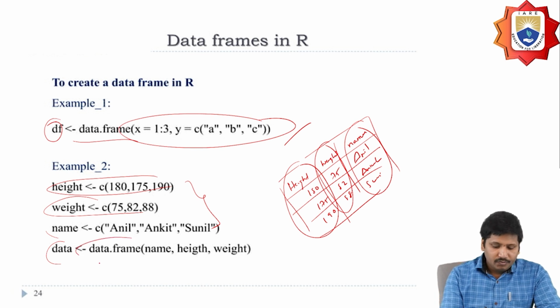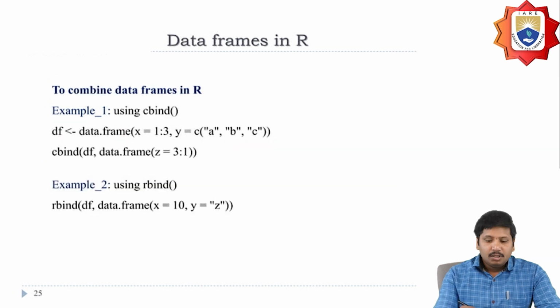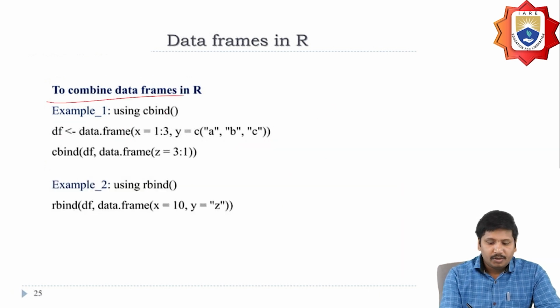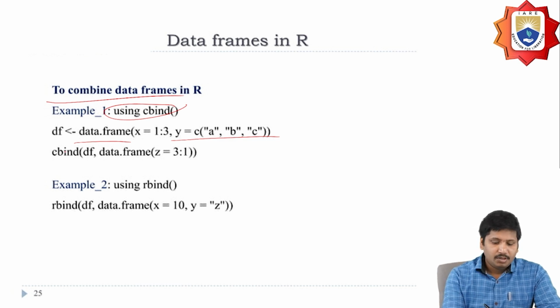So by making use of the data.frame function, I'm going to create a data frame of name, height, and then weight. In order to combine data frames in R, we make use of the cbind method. So df is equal to data.frame of x1 is to 3. I'm going to create the vector. So how can we apply the cbind function to the data frame? We write cbind of the variable name and data.frame of